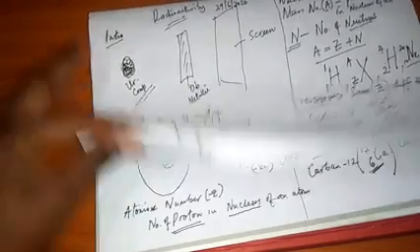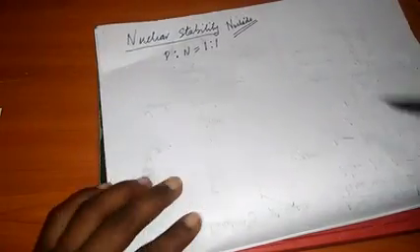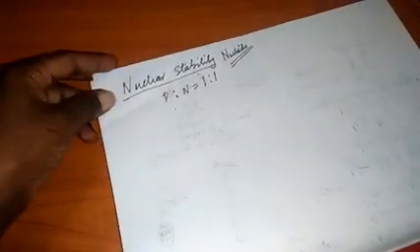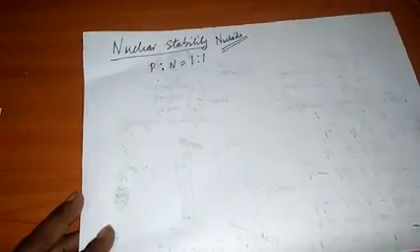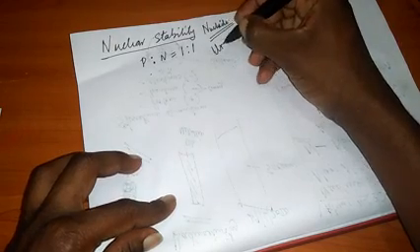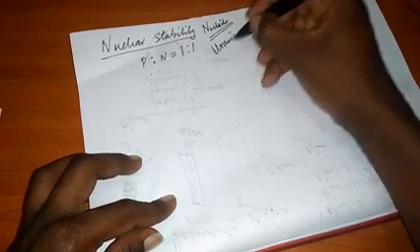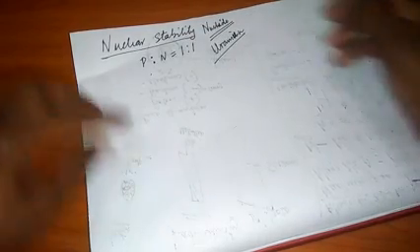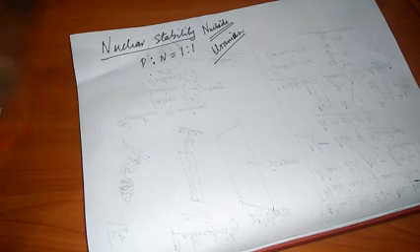Then we move on to another subtopic, which we have as nuclear stability. For a nuclide to be stable, or for an atom to be stable, in a nutshell, the number of protons in it must be equal to the number of neutrons. For a nuclide of uranium, that we saw in the beginning in our introduction, to be stable, the number of protons in it must equal the number of neutrons in it. But you realize